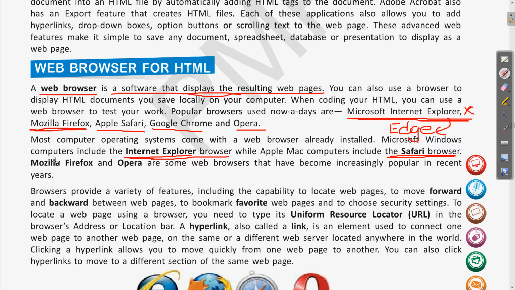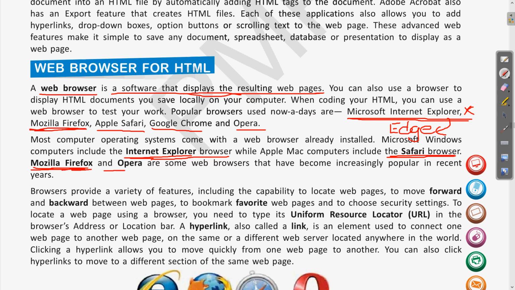Then Mozilla Firefox and Opera are web browsers which we can download and install. Mozilla Firefox is an open source browser where the source code is also available, and we can modify and change it.